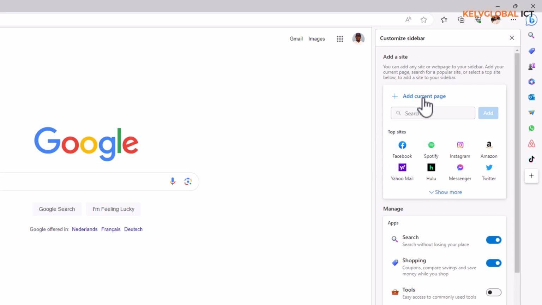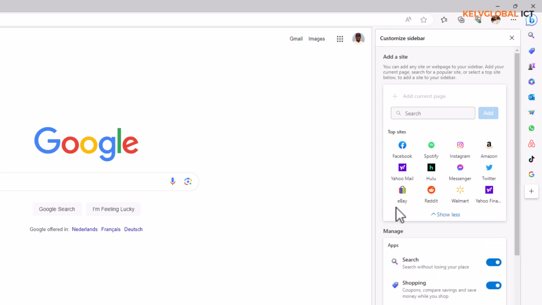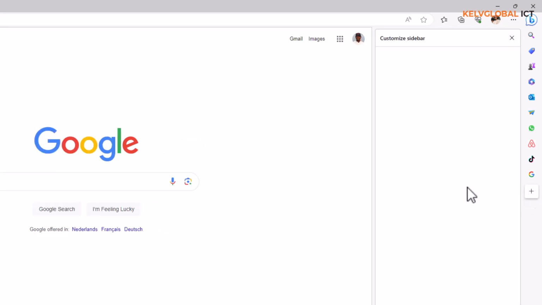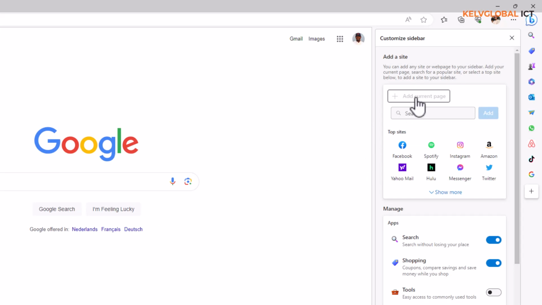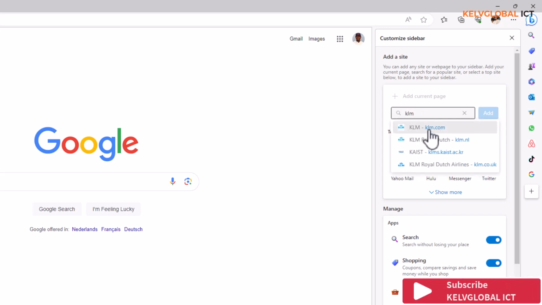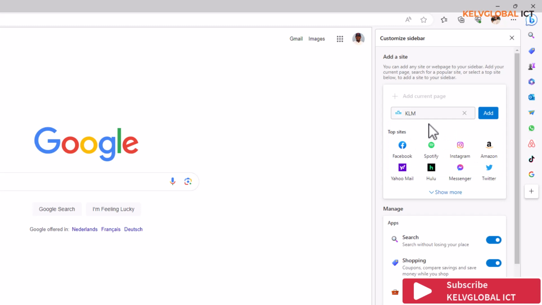Here we can add, for example, you can say add the current page. You can see that the current page will be added to your sidebar. We also have the option called show more. Of course, you can decide to say, okay, well, the sidebar I'm actually looking for is not there. What you can do is, let me just close this and then click the plus sign. Here we can decide to search for a site, for example, I want to just add KLM, and you can see we have klm.com,